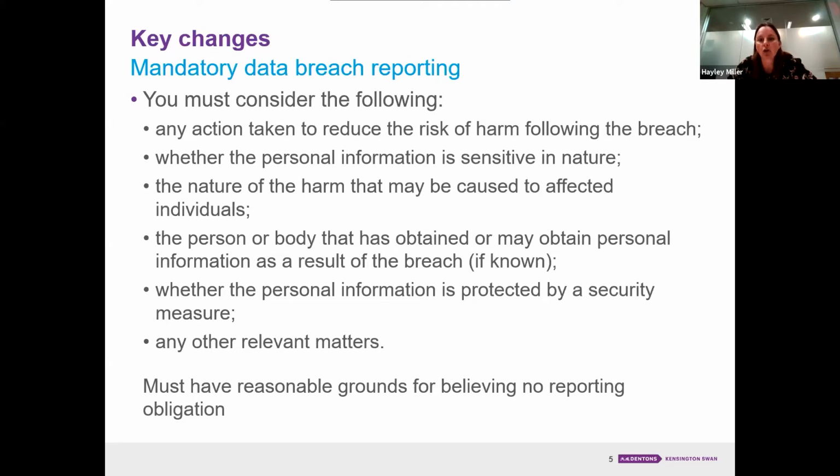Now, if you decide that you're not going to report, you have to have reasonable grounds for believing that you shouldn't. And so, again, that process when you are developing your escalation processes and policies, which it's important to do because you want your employees to be bound by this process as part of their obligations for working. It's really important that we start off with, has there been a privacy breach? Then we escalate. Because that documentation that there has been a privacy breach, but actually we've done the determinations we need to do and we've determined we don't need to report, is an important element of this.